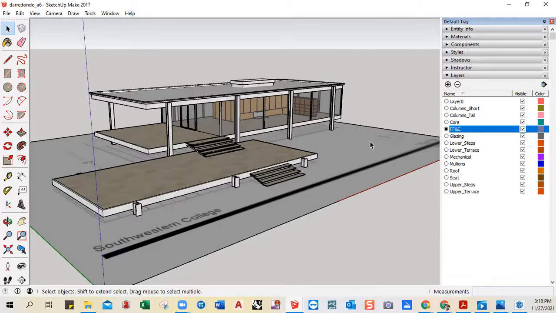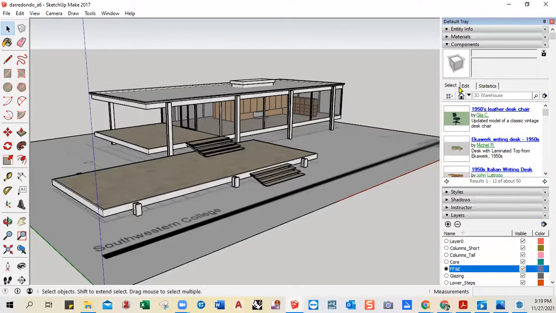Okay. All right, in order for us to bring in furniture, we are going to be using the components tray. So if I go ahead and click here, I can type in what I'm searching for. I can also search in the 3D warehouse. I can open a new browser and search that way. Both ways work. From here, I'm going to type in Mies van der Rohe, and I'm going to type in